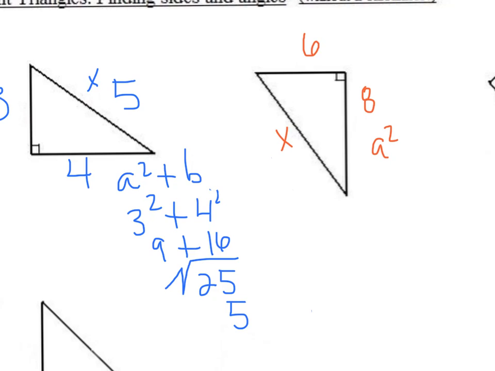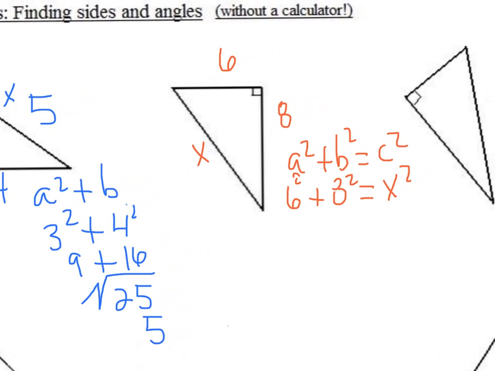So once again, we have a squared plus b squared equals c squared, and we will substitute the 6 for the a. We'll substitute 8 for the b, and we'll go ahead and call this x squared. So 6 squared is 36, 8 squared is 64, is equal to x squared, and if we add these two together we'll get 100